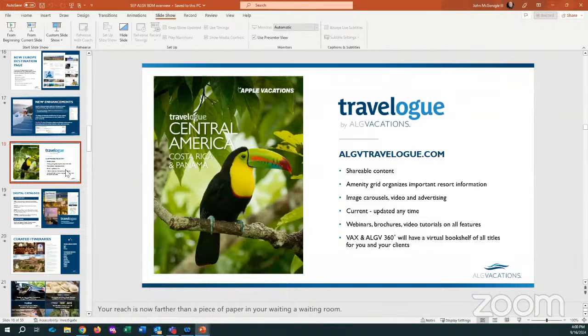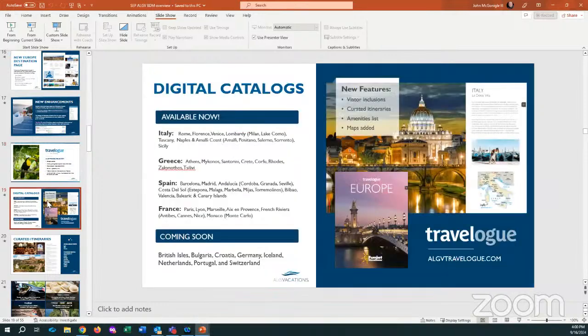There's no prices, to show them the different resorts and the different areas, because Costa Rica, for example, has 2 different areas. It's got the coastline, both Pacific and Caribbean coast. So you've got 2 different coasts in Costa Rica, or you've got the mountainous area, Arenal. If they want to go to see the volcano, they can do that as well too. So that's a lot of information there for you. We've got a lot of digital catalogs there now.